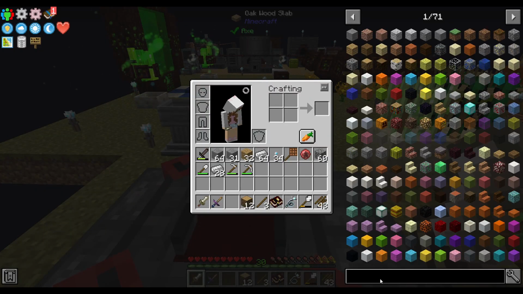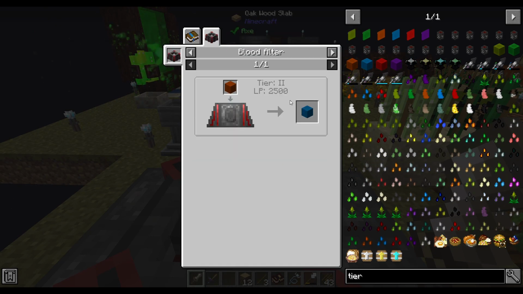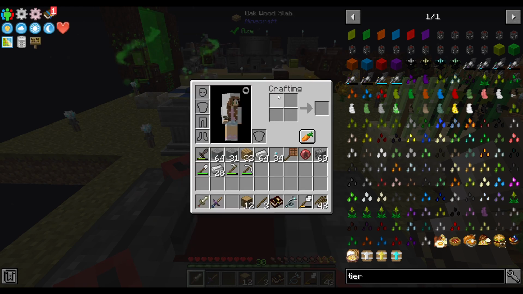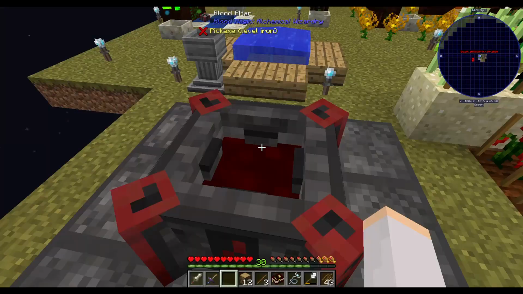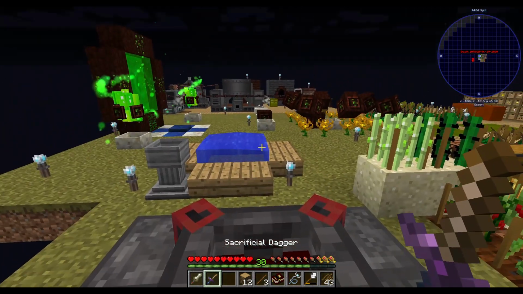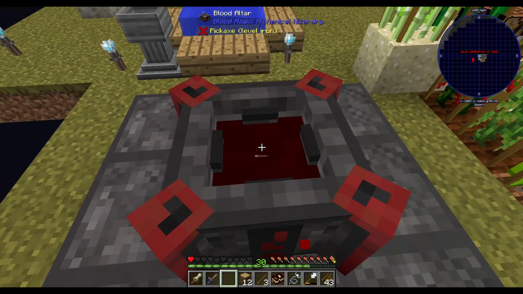And for the tier 4, we need 2,500 life points. And I think I'm going to just fill this up with some of my own blood for right now and get at least our first